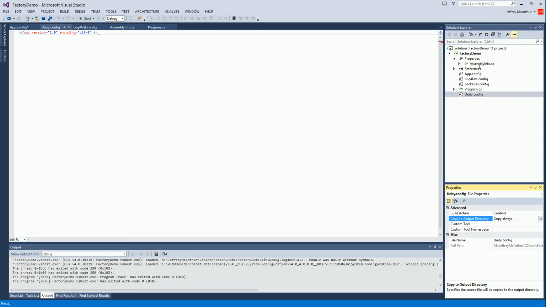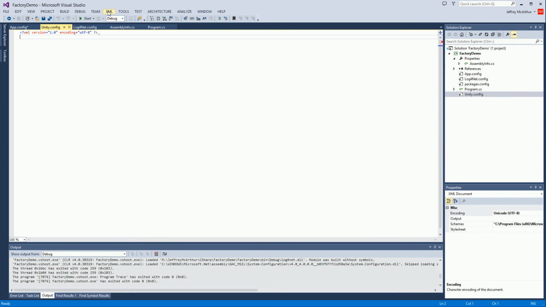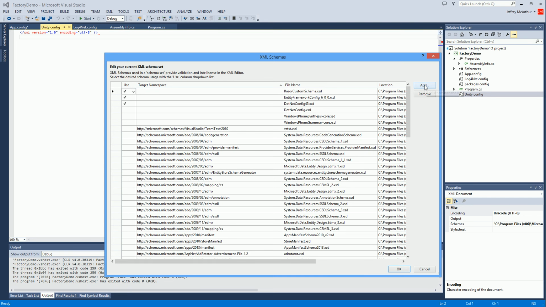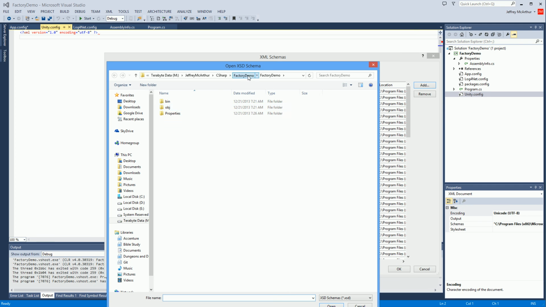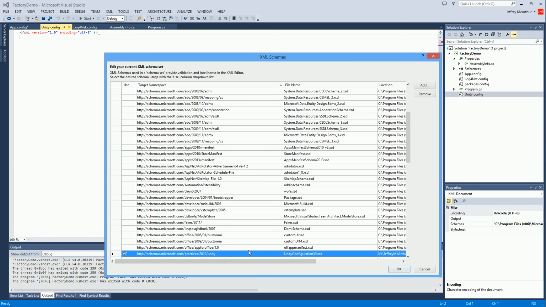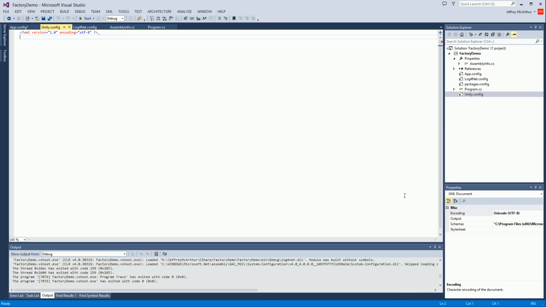Now, one other issue with NuGet is that NuGet doesn't actually install the schema for Unity config, which is very useful to have. So though we're in XML here, we have to go in and specify the schema. So we have to add the schema, which actually will be up a directory over in the packages directory, and there's the Unity configuration schema. There we go. So now we've got the schema enabled,